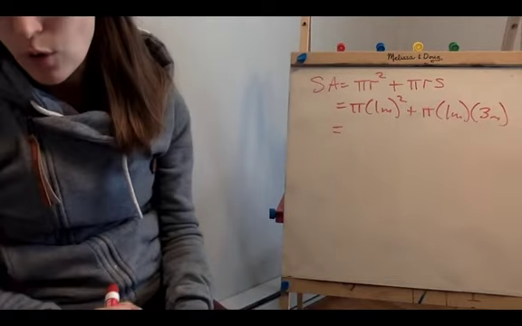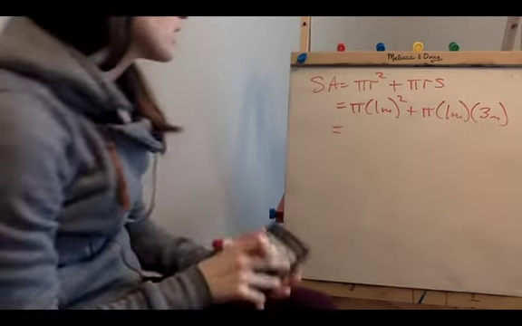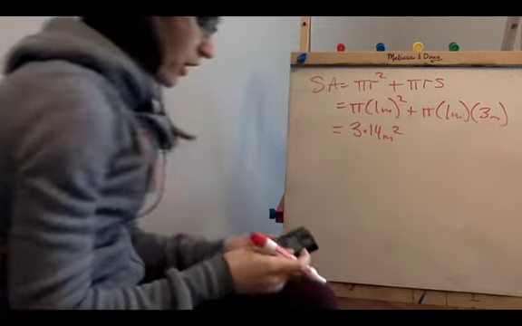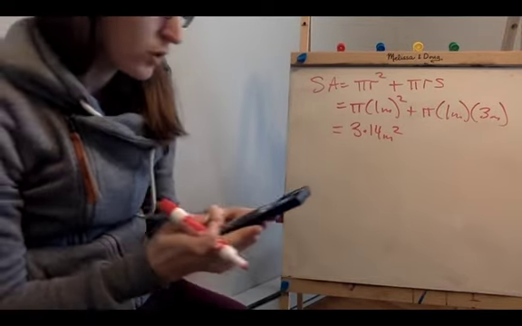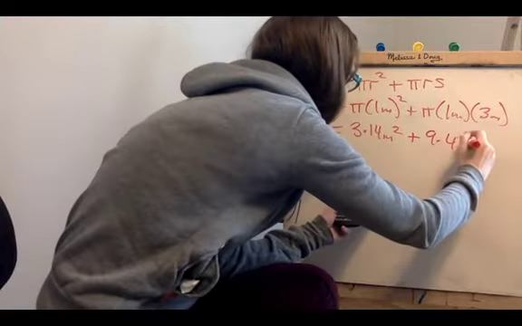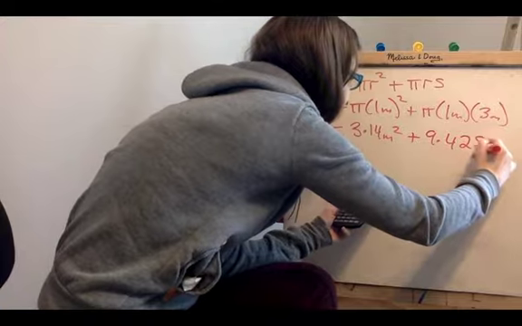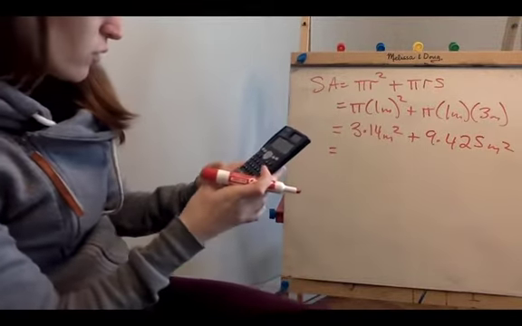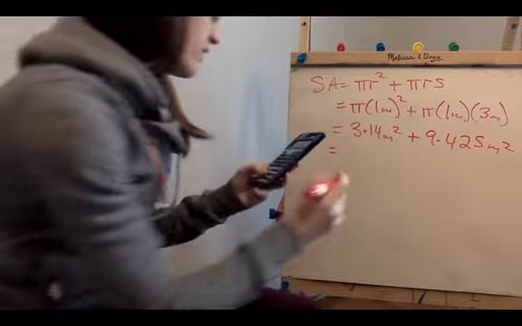Pi times 1 squared is 3.14 meters squared, and pi times 1 times 3 is 9.425 meters squared. Then you add those together, 3.14 plus 9.425, and you get